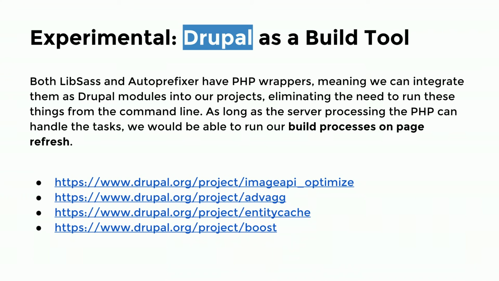Some of the modules, though, that we use to further our front-end development and performance are these 4 right here. We use much more, but these are 4 that I feel like are skipped over at times. Image API Optimize is really cool. It's in a weird place right now because Smush.it died, and that's what it defaulted to. So you have to have your own compression library, which is not a big deal, but it doesn't work out of the box anymore. I think there's an RTBC patch that fixes that, but basically any image that your client will upload through the system will get optimized, so you don't have to run it through TinyPNG or anything.